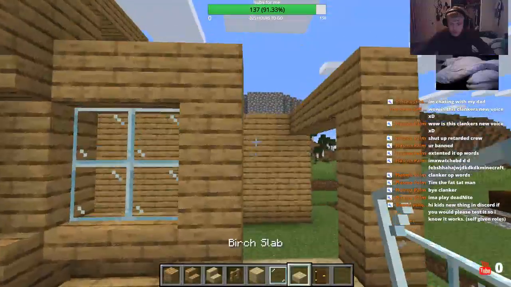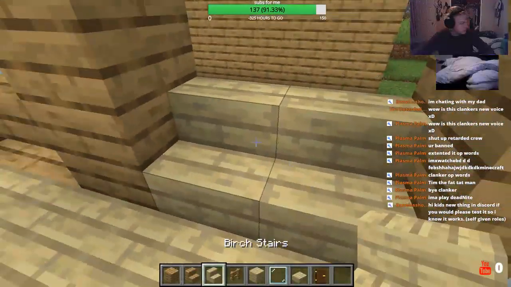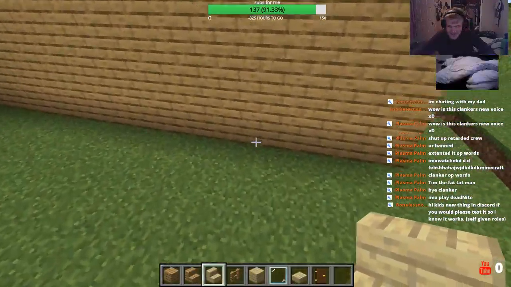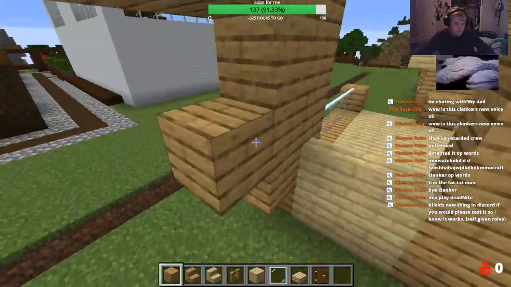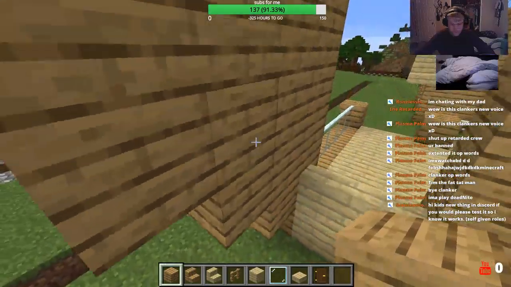Stairs are going to lead up, which means we have to build a little bit of a frame next to them. So you want the regular usual gradient of birchwood stairs eventually leading up to the top of the oak frame like this, and then the birchwood stairs want to